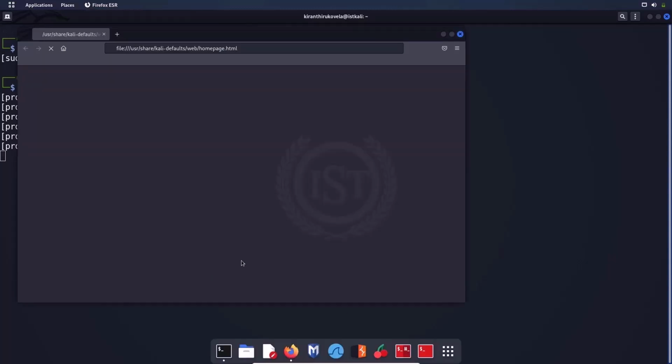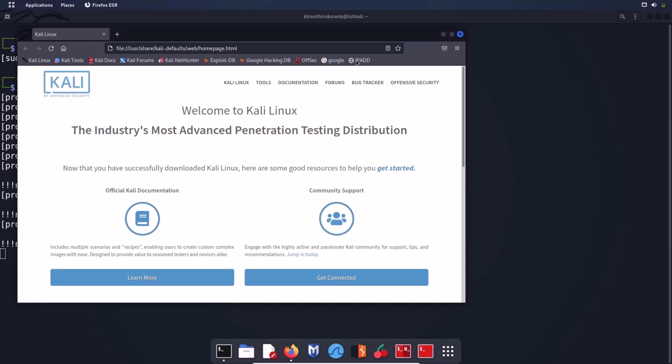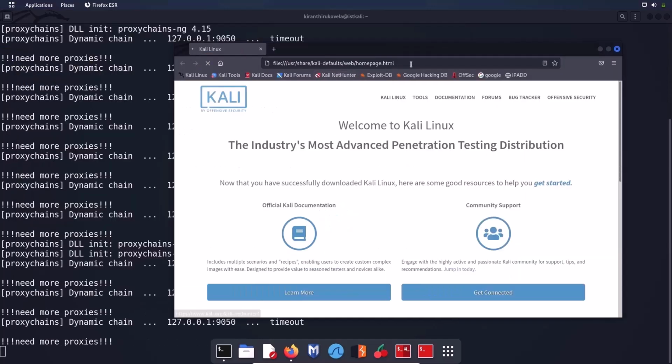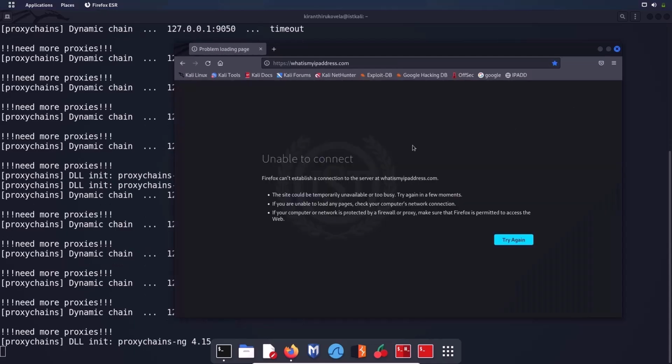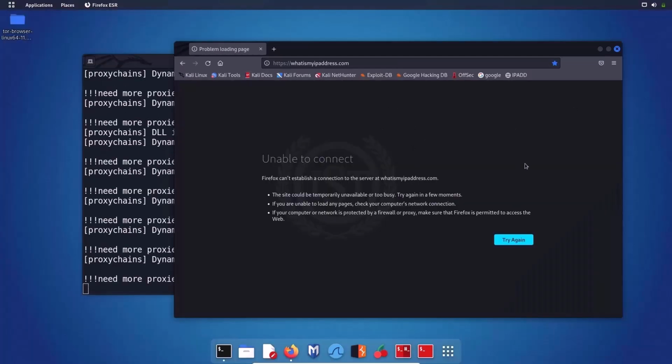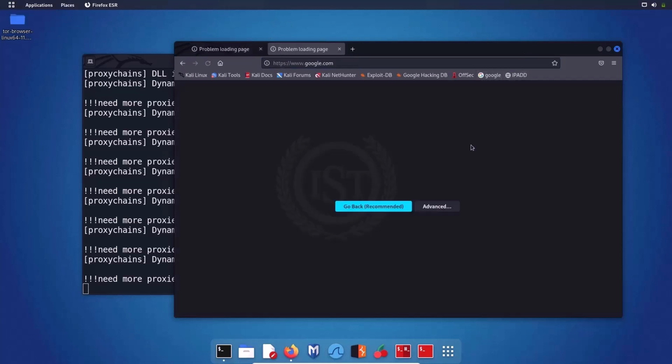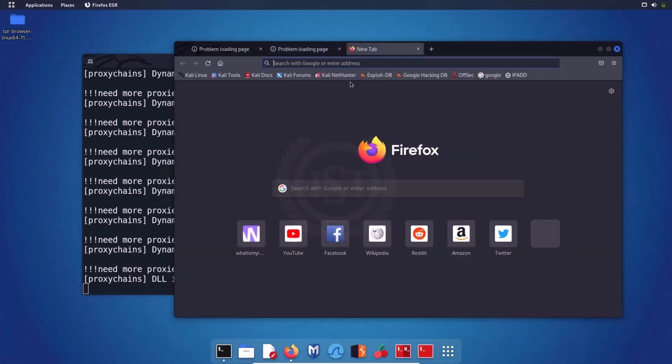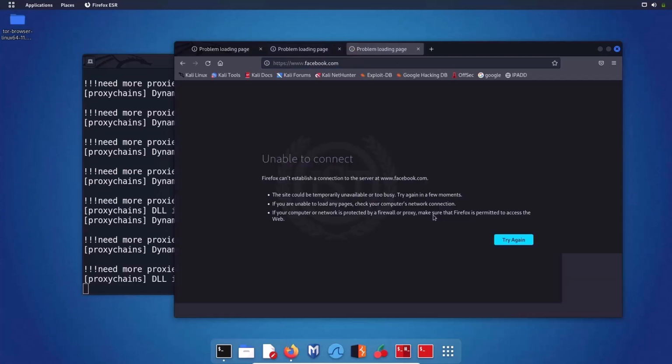And now let me open the browser using the proxy chains application, Firefox. So wait, as you can see, the browser is open, and let me click on the bookmark, whatismyipaddress.com. It should not be 183.83 or from ACT Fibernet, which is my ISP. Unable to connect, not an issue. So why are we unable to connect to this website? Not only this website, let me check google.com also. Can we connect? No, we cannot connect. Facebook, we cannot connect. But why are we unable to connect to these websites? Pause the video and try to guess why.